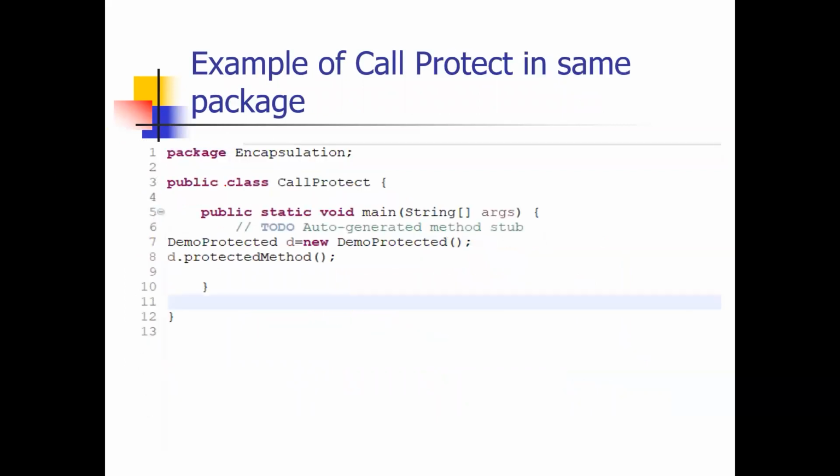With the same method we can call protected code also. Okay. So in the public class we have created call protect, and in the main method we have created an object of demo protected, and we have called the method of demo protected also. Okay. So when you execute this program,